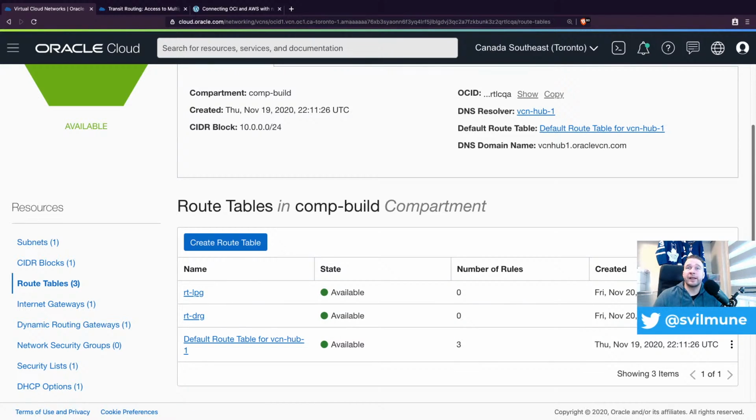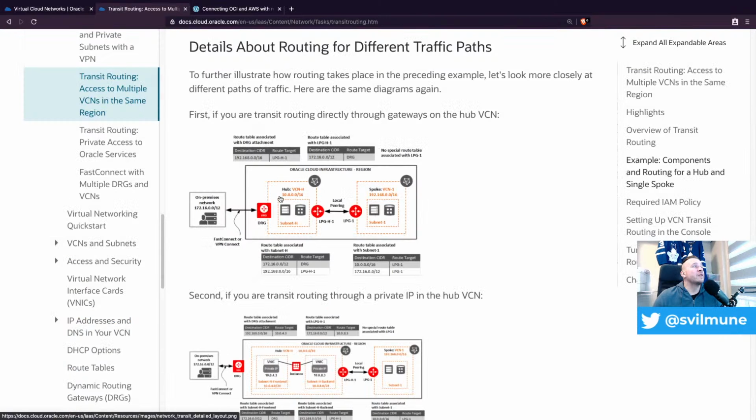If we take a look again at this picture, we can see that on the DRG we need to route the destination traffic to the LPG, and then from the LPG to the DRG. All right, I think that's confusing enough, so we're gonna